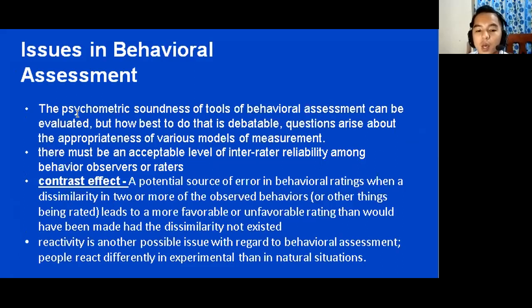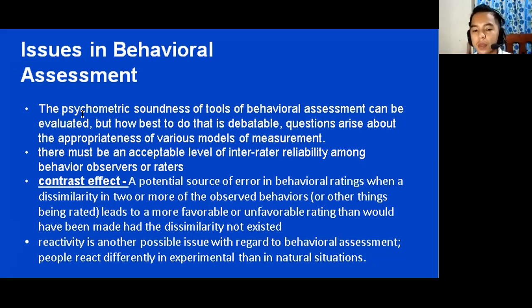So the psychometric soundness of tools of behavioral assessment can be evaluated, but how best to do that is debatable. So questions arise about the appropriateness of various models of measurement. So at this point, the behavioral assessment's reliability and validity is already evaluated. However, there is a debate about how best to do the behavioral assessment,